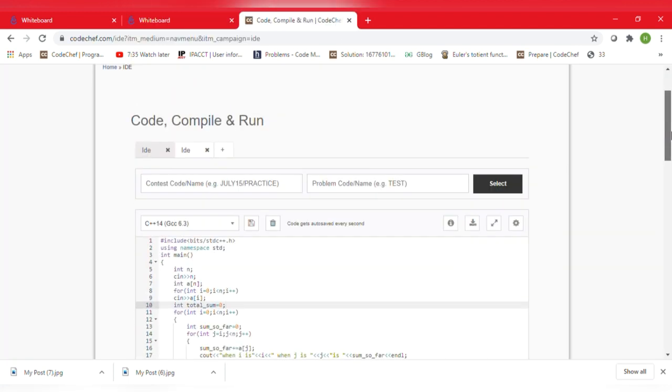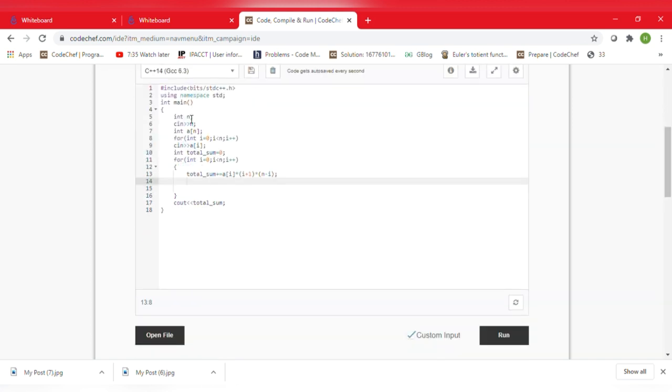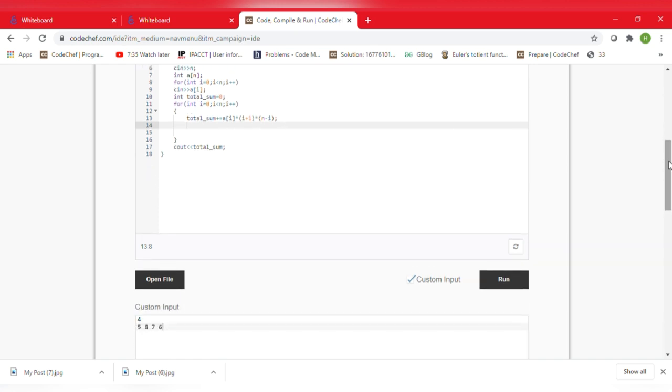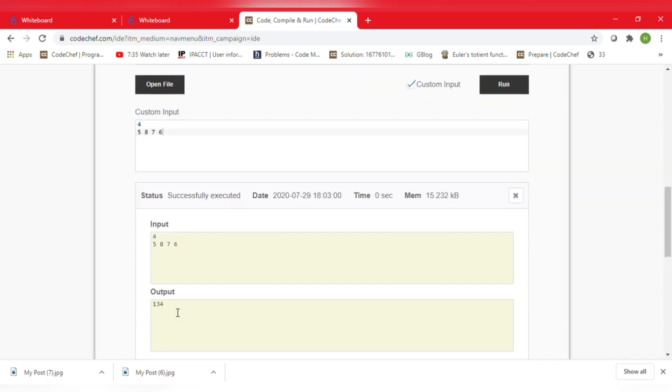So we will run this optimized code and see the output. We have just applied the formula which I got previously and run that code. So I hope we will be getting 134 in this approach also. So let us run and wait for the output, and it is here, it is 134. So I hope it is clear now.